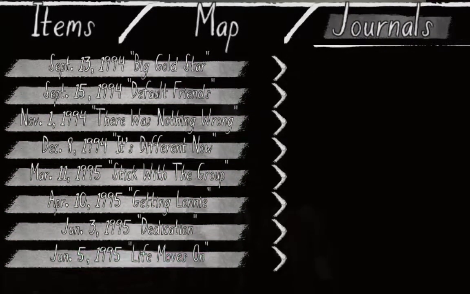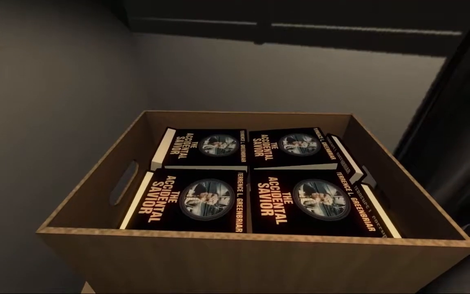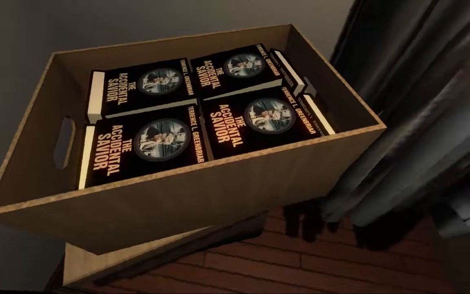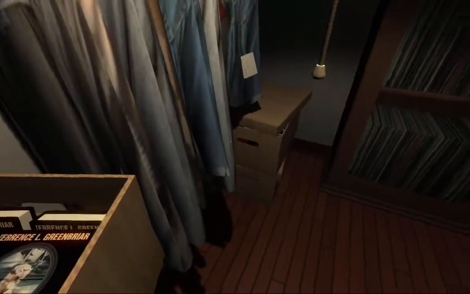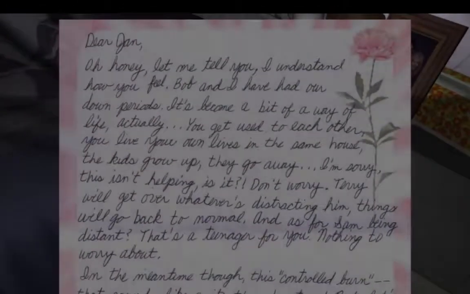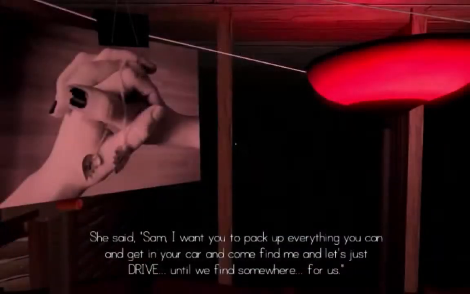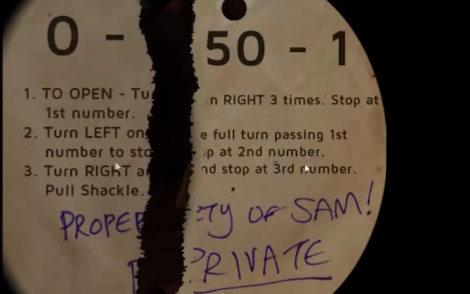However, as we explore, we can also find out that the father's books were denied publishing by his old publishing house, that a publishing house interested in reprinting his books has contacted him, that the marriage of the parents is going downhill, and that the mother is possibly having an affair with a co-worker. These don't necessarily add to the main storyline of Sam and her sexuality, but exhibit the intricate work of the creators of the game as storytellers. This may explain why Gone Home seems like puzzle solving.